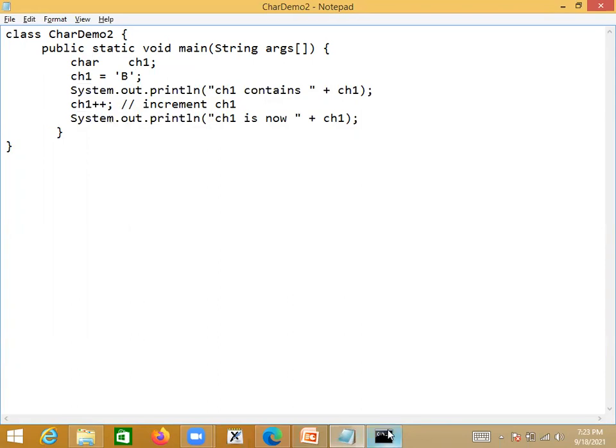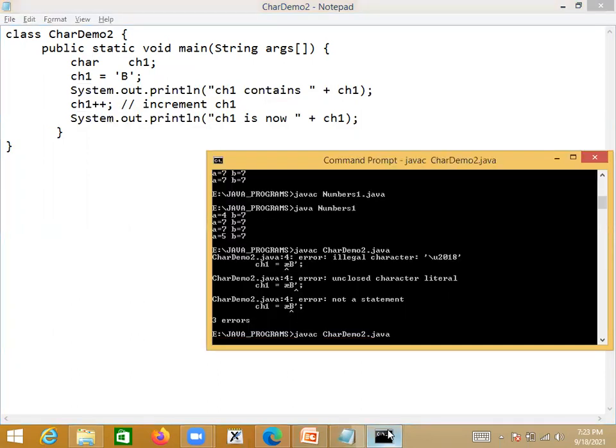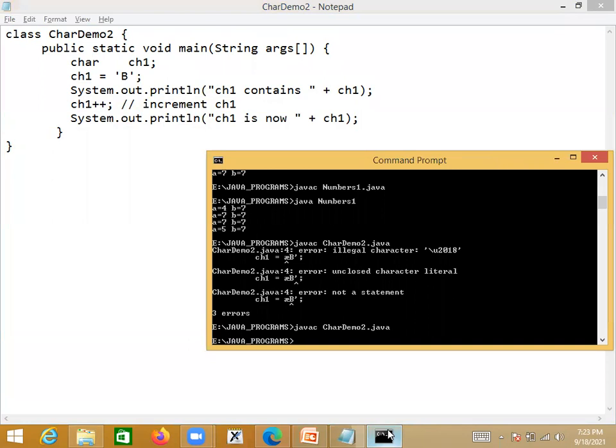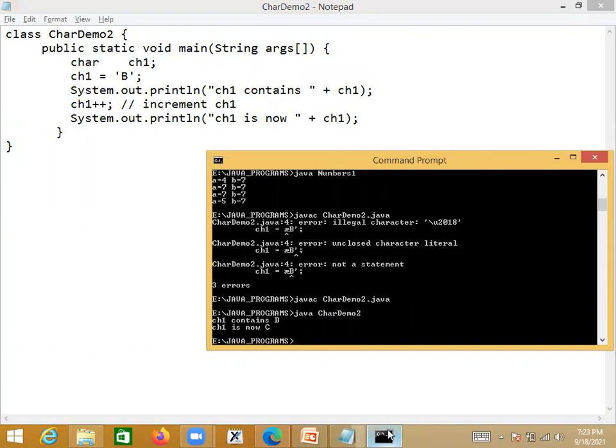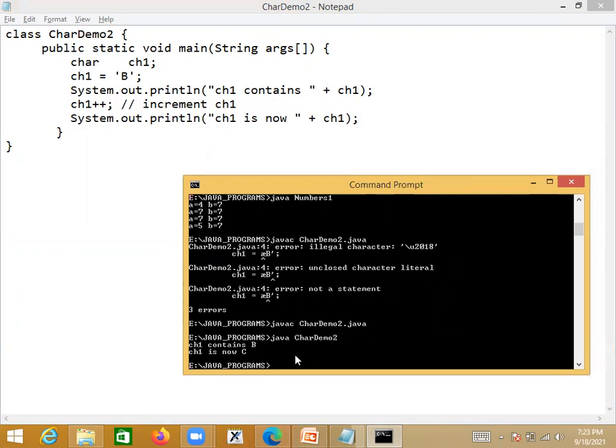Right. So again you compile. Yes, it is okay. Now I run this code. I say java CharDemo2. Now see here, ch1 contains capital B, ch1 is now C. That means after incrementation, ch1 contains capital C value.